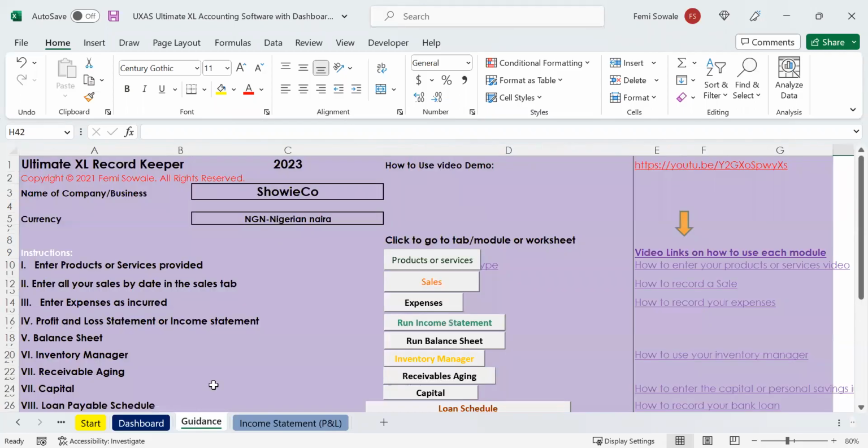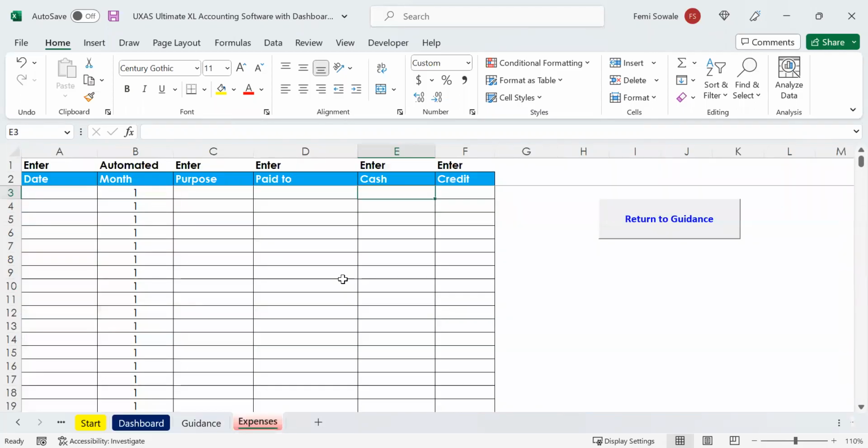the guidance and try to go to expenses and put something in for expenses. Let's say on May 2nd, I made a repair in my office and I paid it to ABC Tech, and I paid 25,000 for the repair. Now that I've entered this, this is pretty much just going to go into